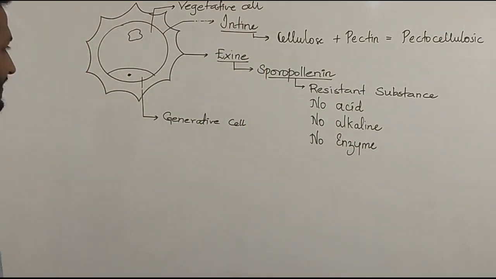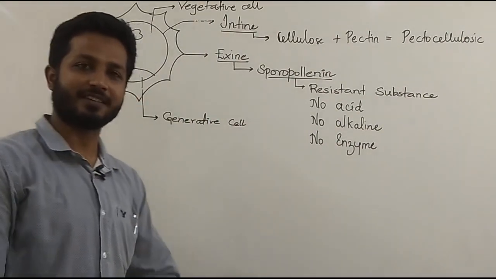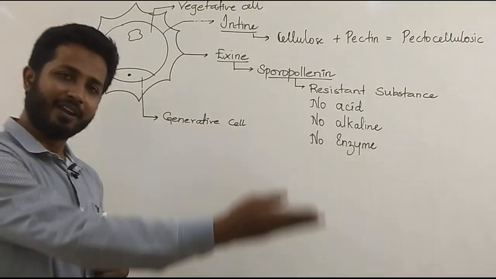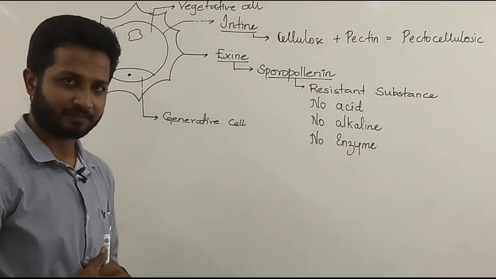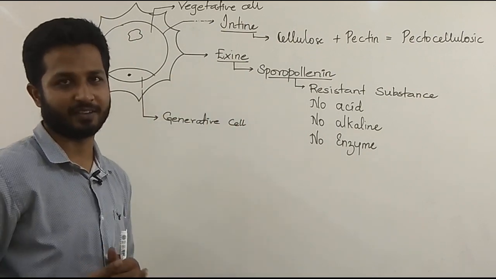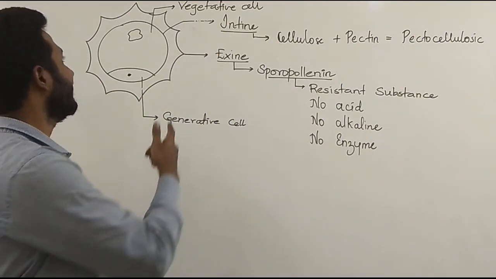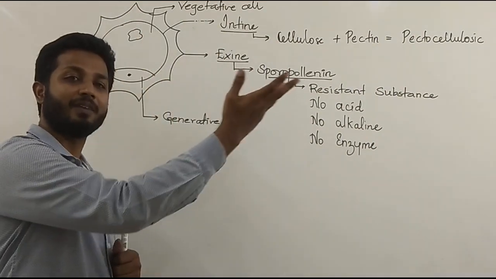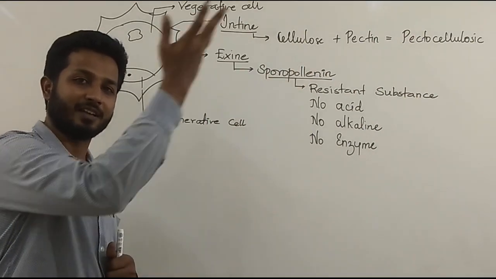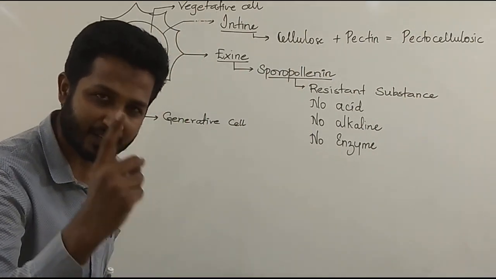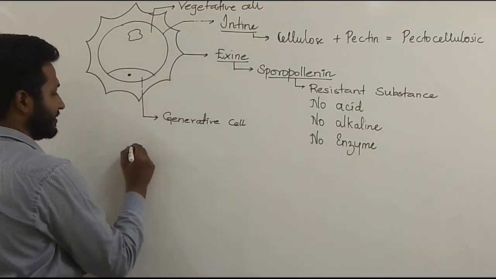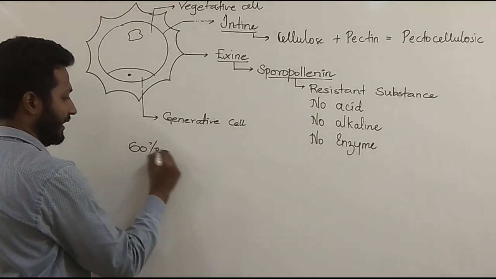So vegetative cell and generative cell, these are the two cells present within a pollen grain. Now when pollen grain is released from a flower, likewise, here we have pollen grain being released from the anther. When pollen grains are released from the anther, 60% of angiosperms will show you the two-celled condition like this. So 60% of angiosperms